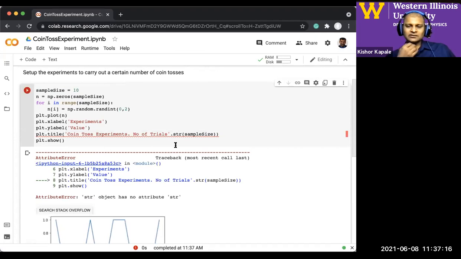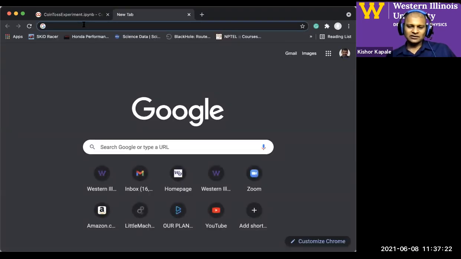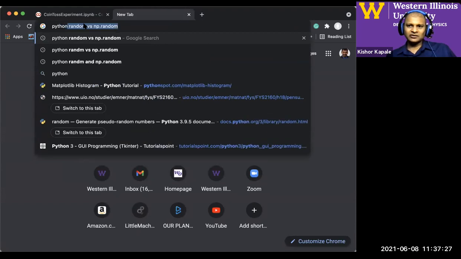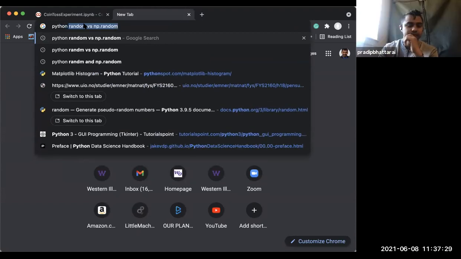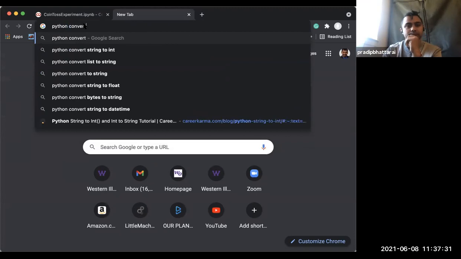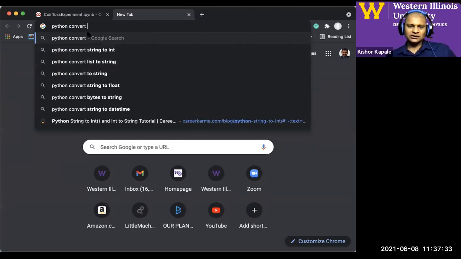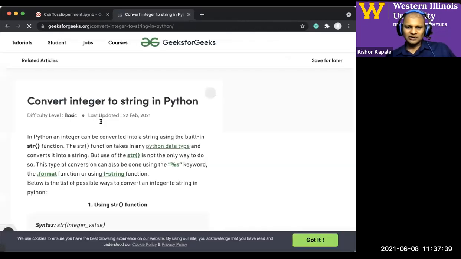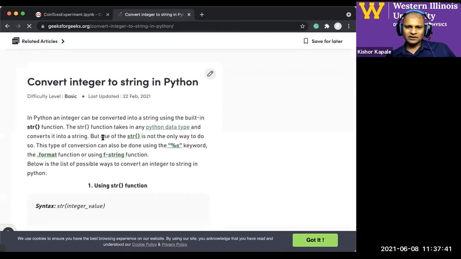So what we need to do is convert the integer into a string in Python. So I'm just going to go here. Are you able to see my other window, the Google window? I'm doing a search. Okay, so that's good. What we need to do is convert integer to string. So this is how you can quickly look for help. And str should have worked. But